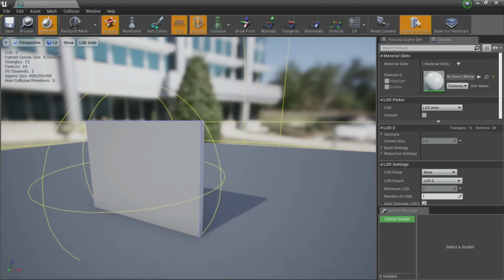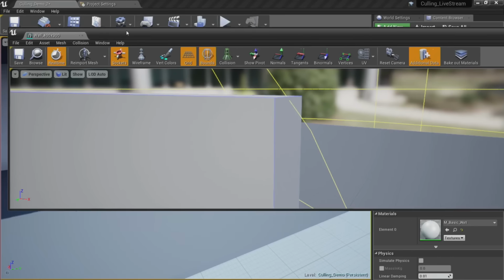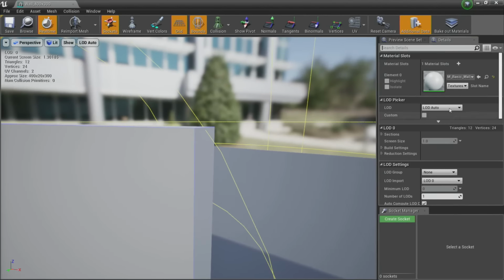You probably don't see it as well on this one, just because it's a box. There are two things that come into play here. We have a bounding sphere around the object, and then we have this little blue outline that you can barely see, which is the bounding box. The bounding box is what we're using for that visibility testing. Now, you can do this on a per actor level, or I can do it here in the static mesh editor. I've got more details in the actual doc if you're curious about this.